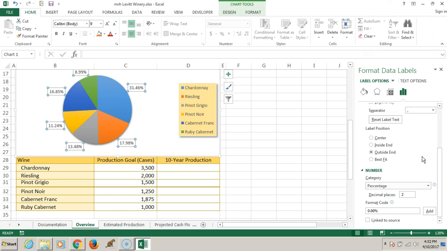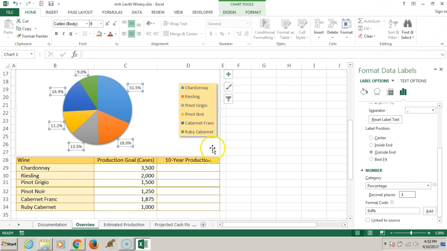Okay, so we've got percentage. And in the decimal places box, replace the 2 with the number 1, and then press the Enter key. Ba-boom. Okay. So then, if you flip over to page 208, next page, so I'm on page 208, figure 414,